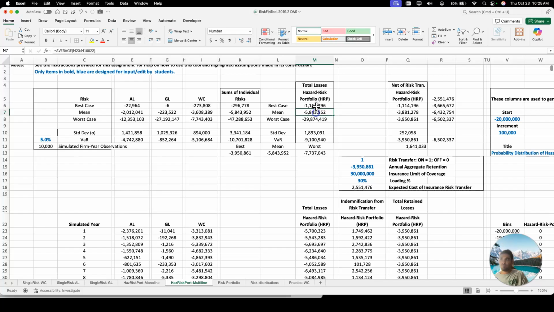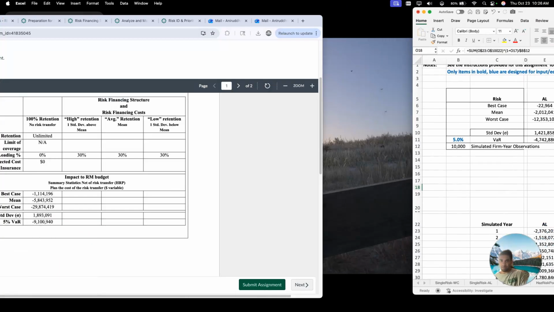Because of the low retention and this high limit of coverage, we are getting some pretty good low numbers, but it comes at a cost of $2.5 million to the firm. Does the firm have $2.5 million to spare for insurance coverage? Probably not. So it might not be reasonable to be spending $2.5 million every year just on insurance. But basically, you're going to be doing that